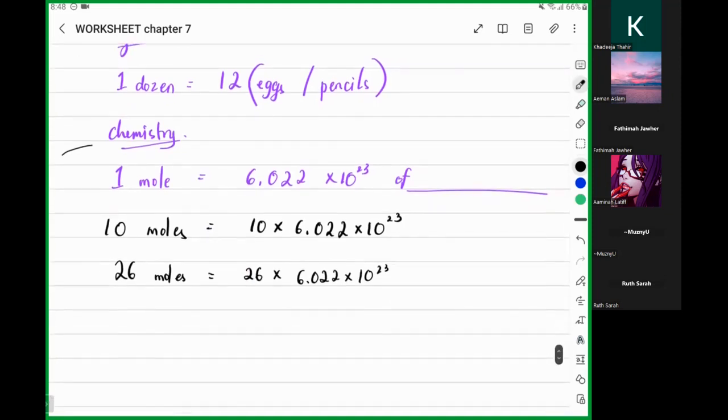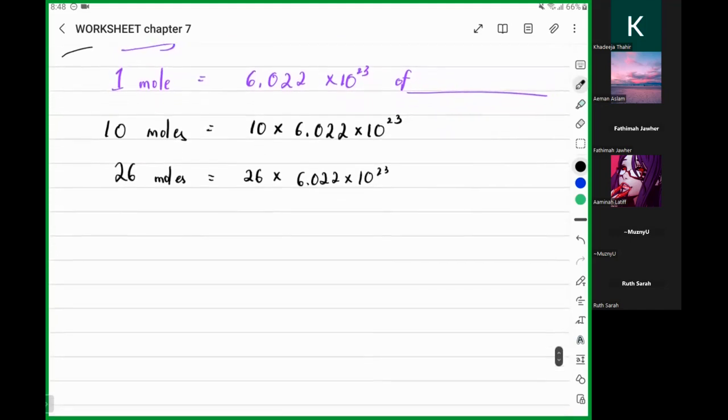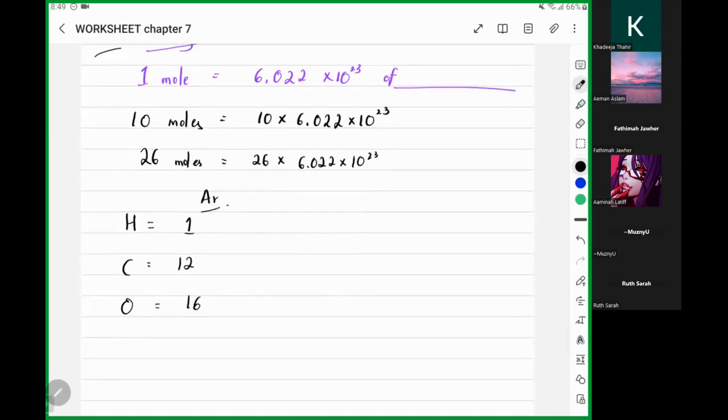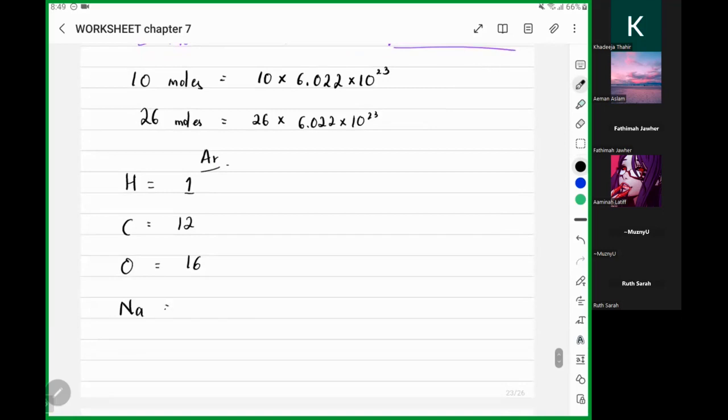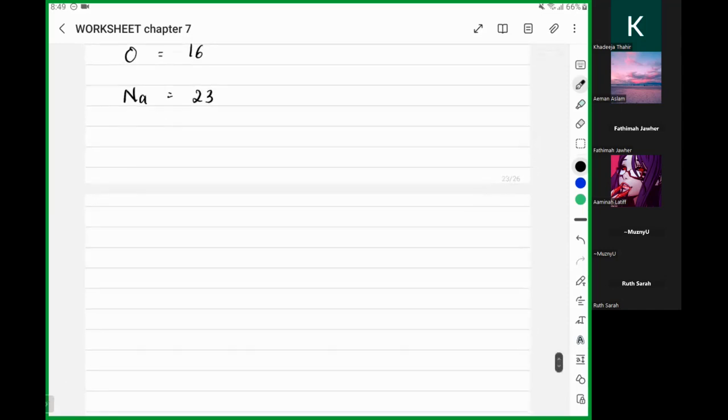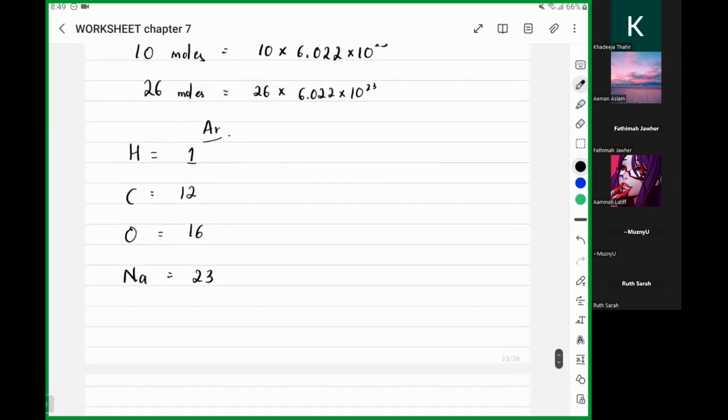Now, the interesting discovery that Avogadro made is this. I'll just make a list of a few elements and their relative atomic masses. Hydrogen is 1, carbon is 12, oxygen is 16. What else? Sodium is 23. I'll just take these for now. And I'll take calcium. Calcium is 40. What Avogadro discovered is